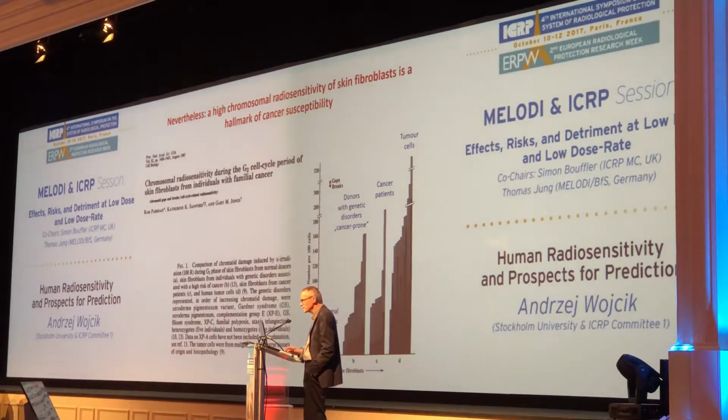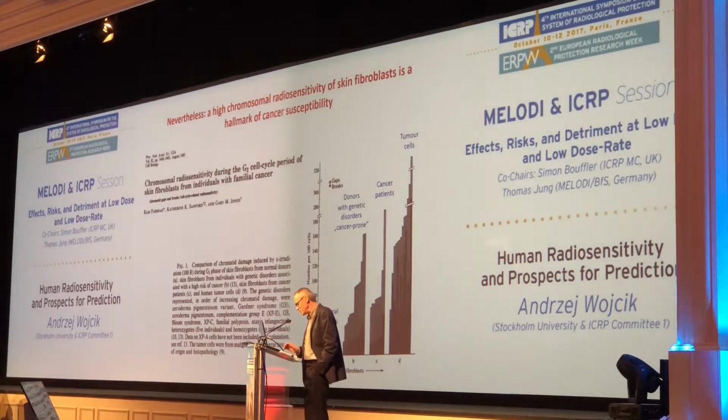The problem with this study is that the majority, or the highest effect, is seen at the level of these gray bars, and these are gaps. Now, I don't know how many cytogeneticists are in the room. I am a cytogeneticist, and I think most of us cytogeneticists agree that we generally don't score gaps because they are not so easily identifiable. So if you have any result at the level of gaps, you would say, maybe. We rather look for breaks, we look for exchanges. So the problem here is you do see an effect at the level of breaks as well, but the major effect is at the level of gaps.